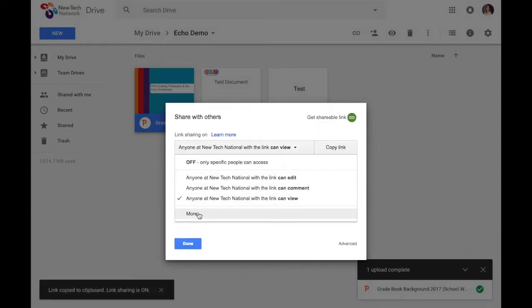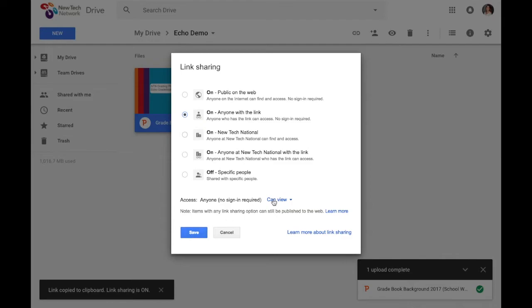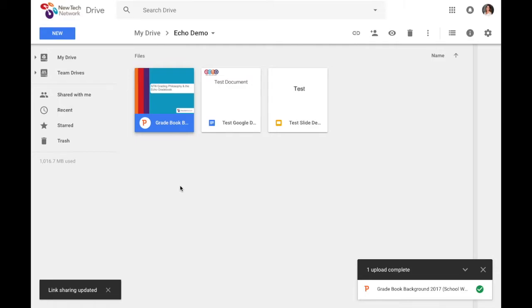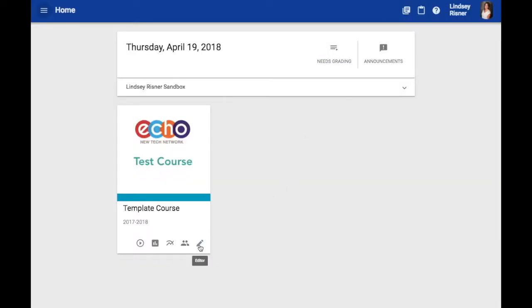I want anyone with a link to be able to view and click Save. Now that my share settings are set up, I'm ready to add the PowerPoint to my Echo course. Going to enter my course through the editor tool,